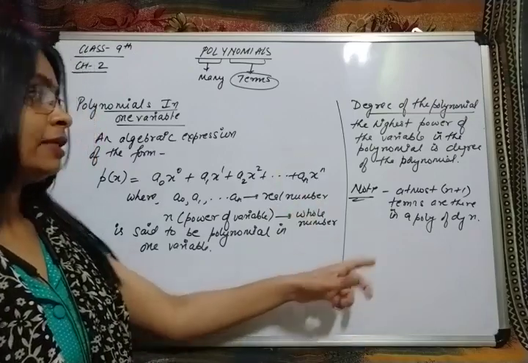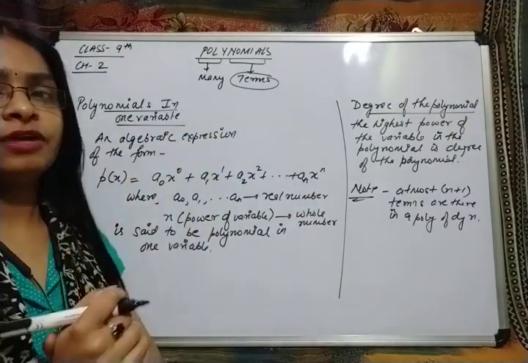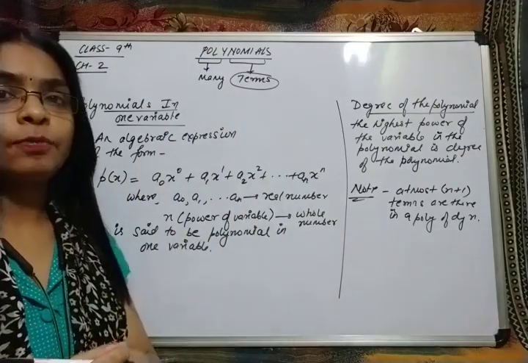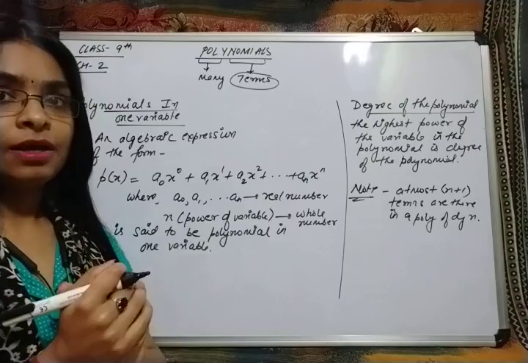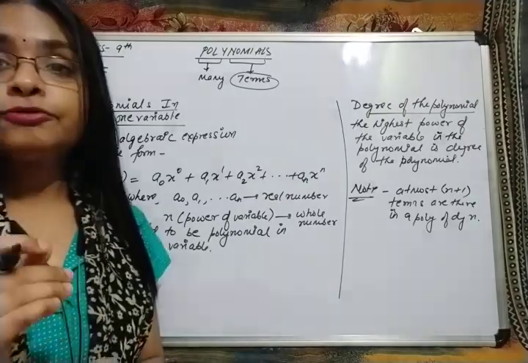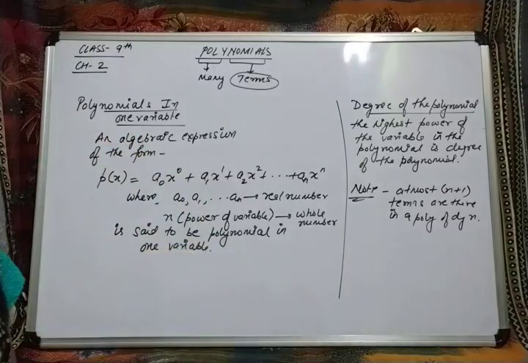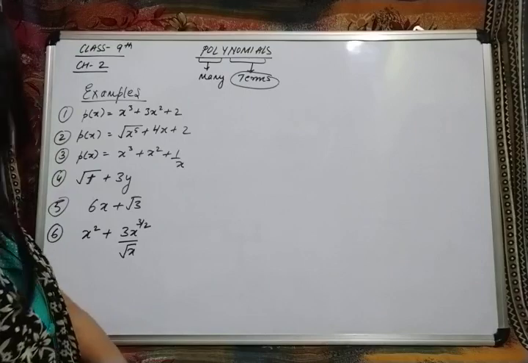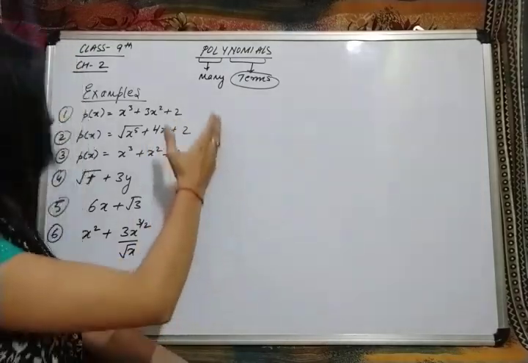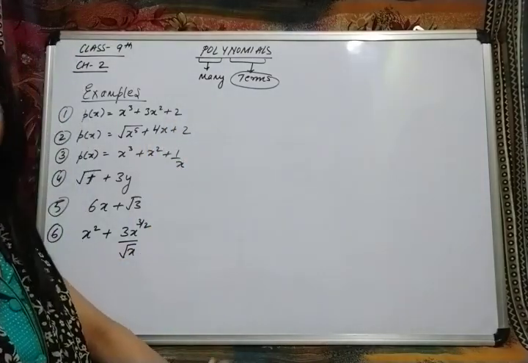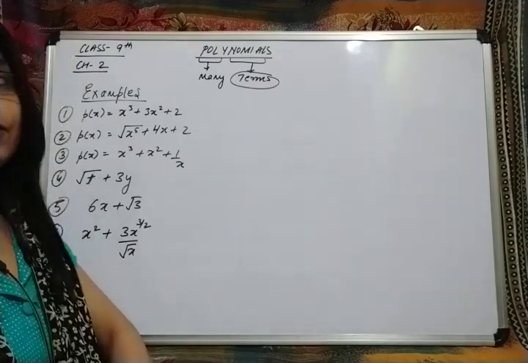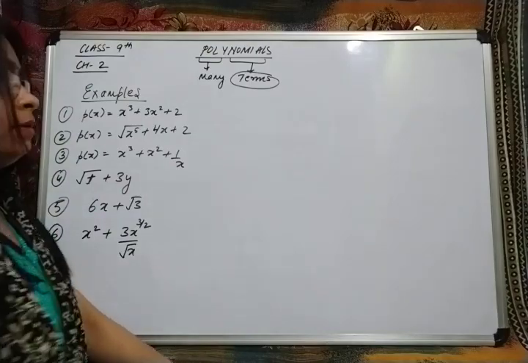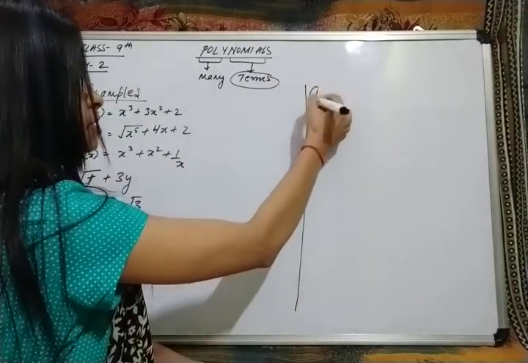So this is the degree of the polynomial and polynomials in one variable. Now, based on this topic, we are going to discuss some questions as examples. But before that, just pause the video and note all this down. I have written some questions on the board. Now we will discuss whether they are polynomials or not, and if they are, what their degree is. We will discuss them one by one.